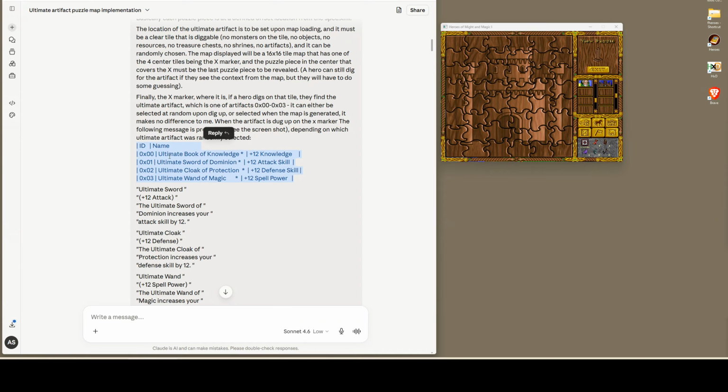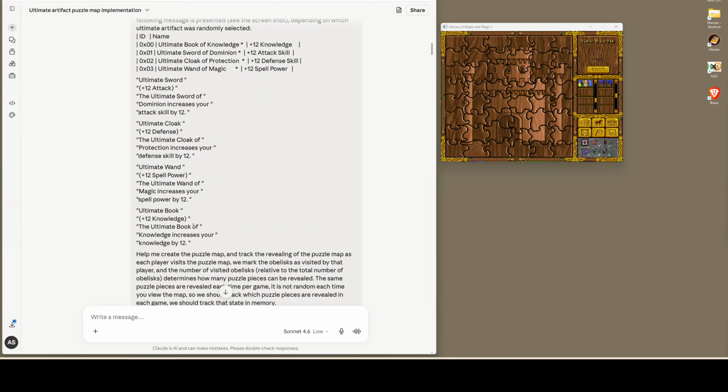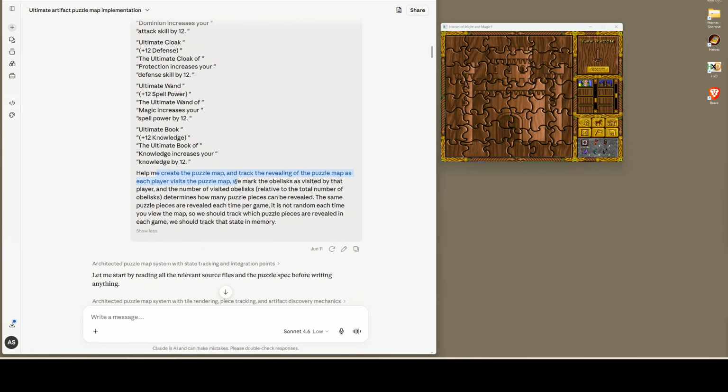So I looked these up. I think this is the right... I think it's Cloak of Protection and Wand of Magic. I think that's correct. And then I said, anyway, help me create the puzzle map, track the revealing of the puzzle